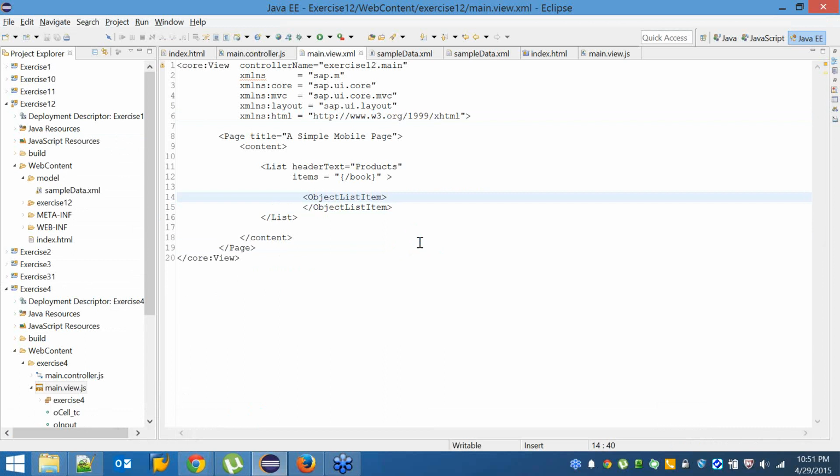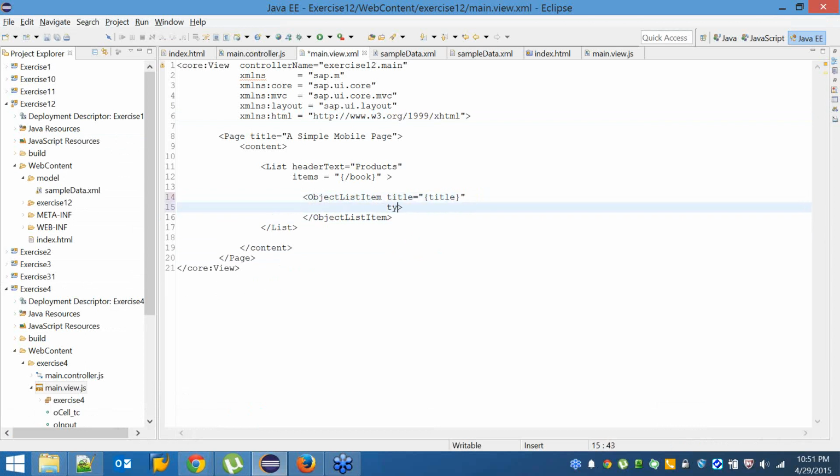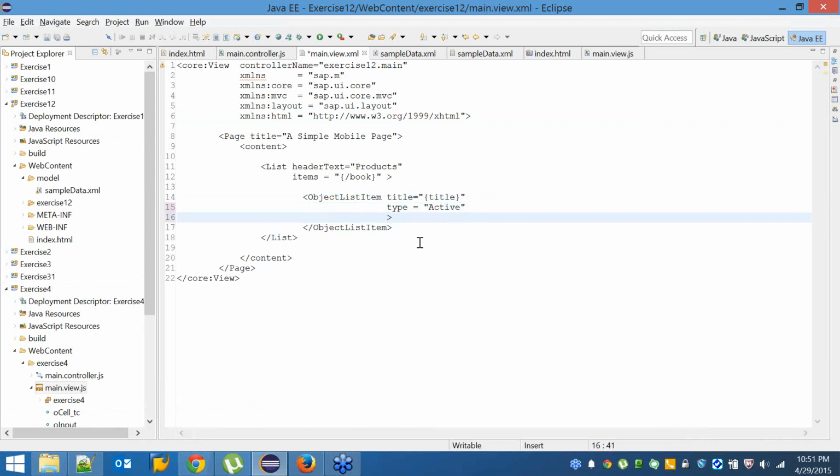So instead of the standard list item, I'm just replacing it with the object list item. Now I'm going to give the title as we have given already. Then I'm going to make the type active in order to make it selectable. Then I'm going to make the press